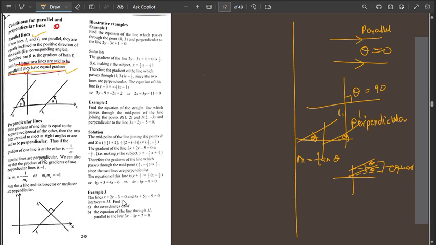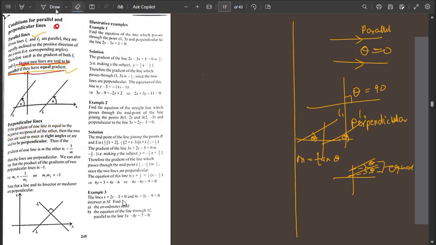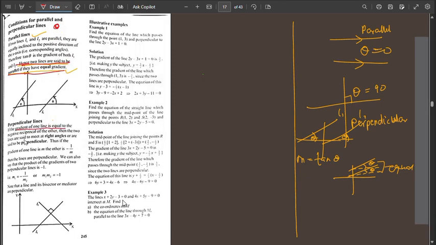What of perpendicular? If the gradient of one line is equal to the negative reciprocal of the other, then the two lines are said to meet at right angles and are perpendicular. So that's the key. If the gradient of one is equal to the negative reciprocal of the other, that means that